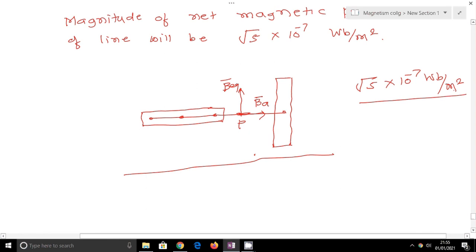So this is the third example from chapter number 12, magnetism. As I already told you, there are only 3 unsolved examples given in chapter number 12, magnetism, and the solutions of these 3 examples are here. The first 2 examples we discussed in a previous lecture, and the remaining third one we solved in this lecture. So I hope you understand this.